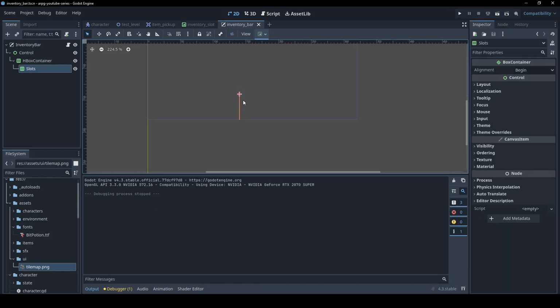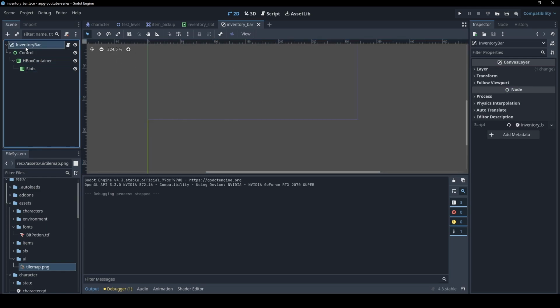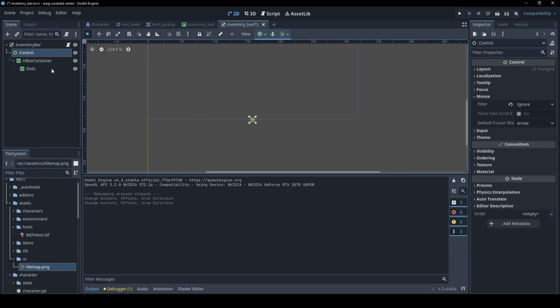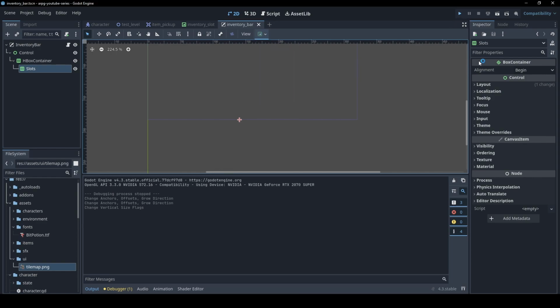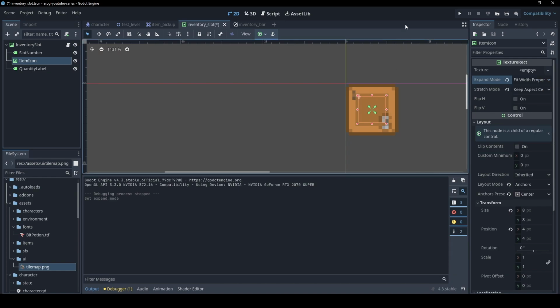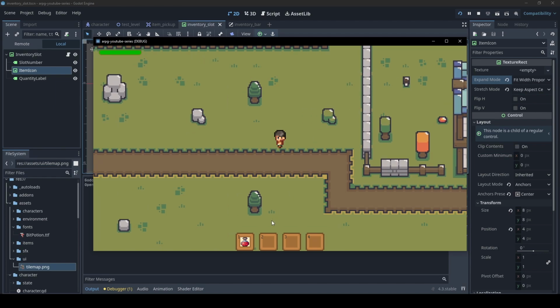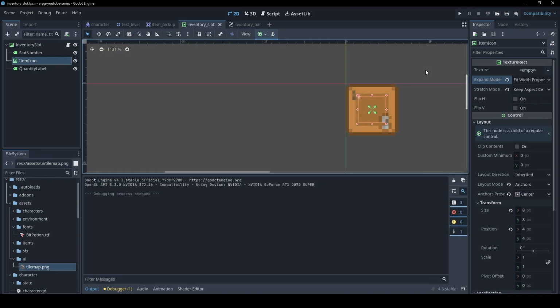Yeah, now the inventory bar, box container, and the slots. Let's just make sure these are on the bottom. In the item icon, then we need to do the keep aspect centered. Oh, we want to also fit width proportional. There we go. Now we're in, and when I hit 1, this is selecting. You can kind of see we're selected, and that's going to be the only way that I can use my